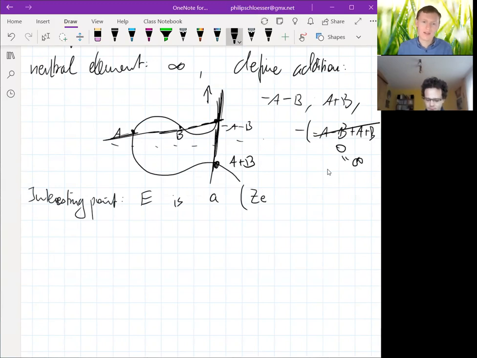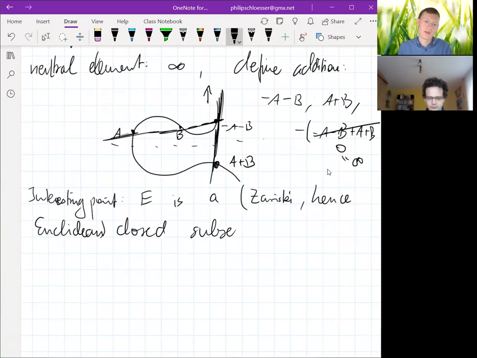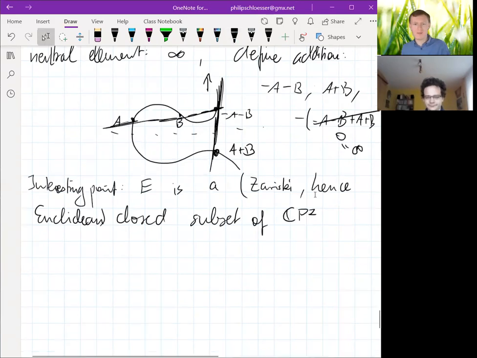Firstly, it is Zariski closed. But this implies that it's closed in the Euclidean topology. A closed subset of complex projective space, two-dimensional complex projective space,